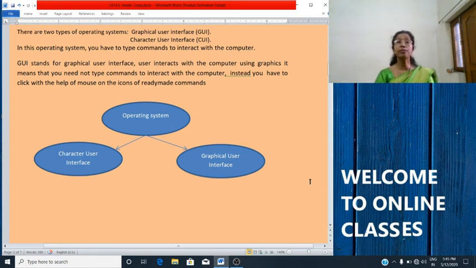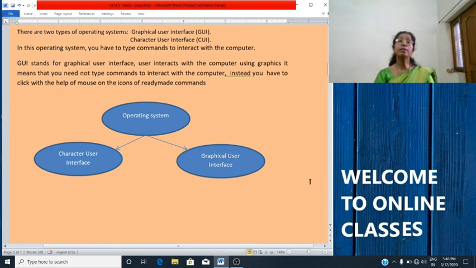It is attractive and very easy to use. In GUI, we only click on menus, icons and graphics to perform the task. This interface made it possible for a mouse to be used with a computer.